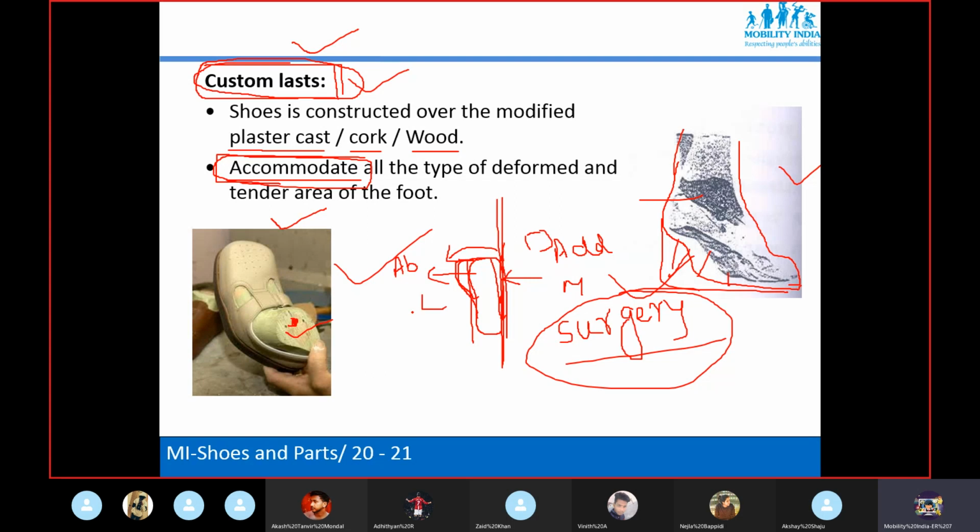Now, clear? Yes, sir. If not clear, you can ask me again, okay? No issue. Because these two terminologies, fixed and flexible, from first to fourth year you are always going to use in orthotics. If deformity is fixed, if deformity is flexible, the objective and management again differ in both cases.